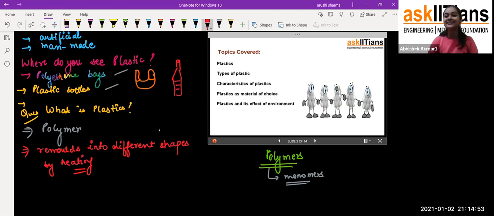Like if I say now you are sitting in one room and I ask you to look here and there and find out what is made up of plastic, at least you can tell me 10 things. Exactly. Even the pen which I'm using right now, you can see this pen is also having a plastic body. This is the plastic body only. Even the tip which I'm using to write is also made up of plastic only. The body of my laptop is also made up of plastic. What else can I show you? Okay, I'll just show you my mobile phone. The mobile phone, this phone case cover is also made up of plastic.